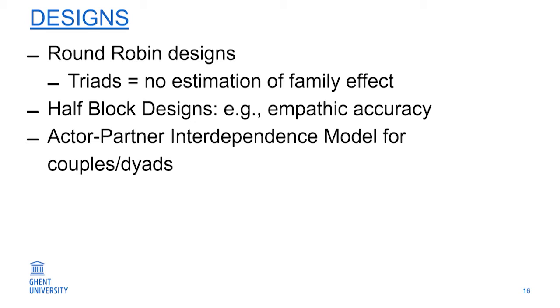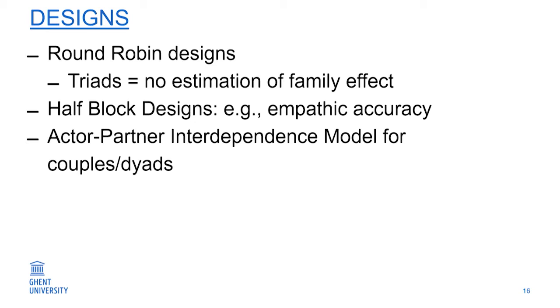Why is it the easiest way? Because if you have 4 people, then you can also estimate the family or the system variance. And if not, you cannot do that because then it's contaminated with the error. Because I'll show you the model, you always have error, of course, left. You cannot explain the total variance.